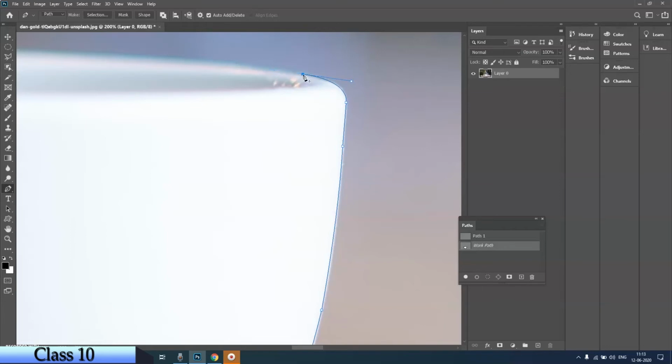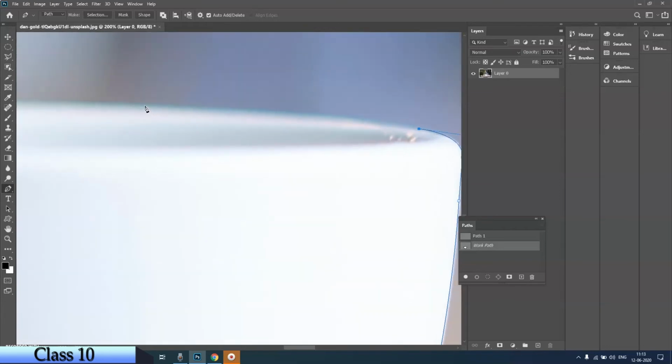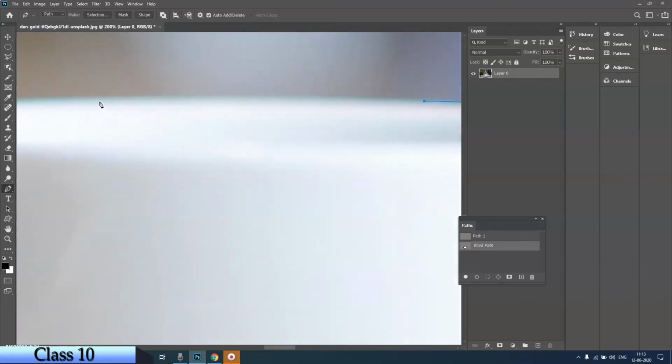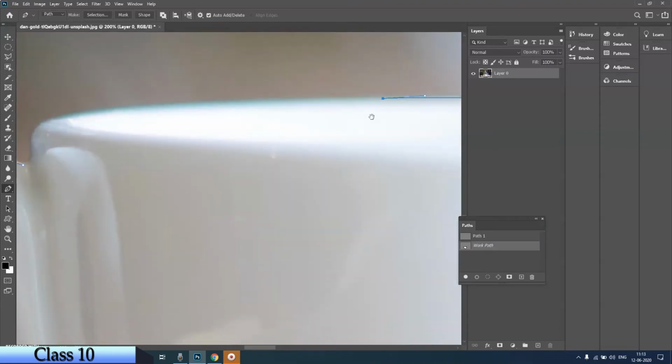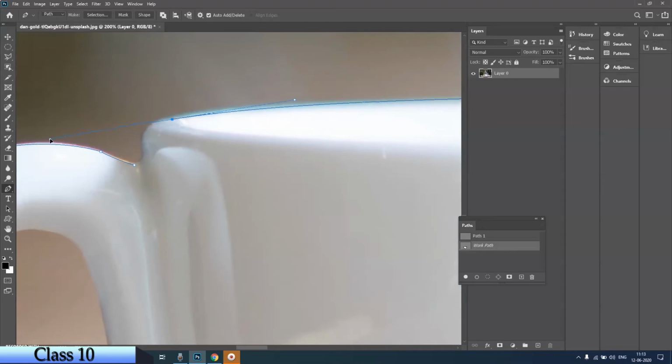I've taken the curve, pressed Alt and see, now I'm coming to the point where I started. So I'm closing my object. Okay, I got the curve here. Take the curve. Now we have a little inverted curve. So we are going to take it that way and done.